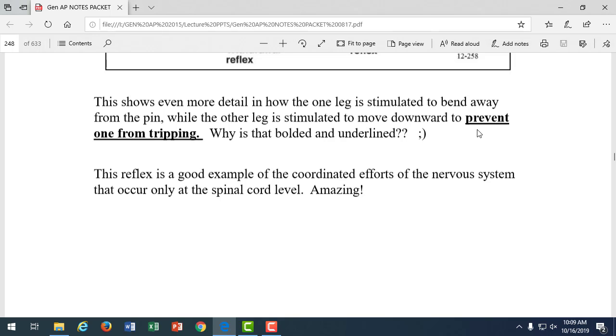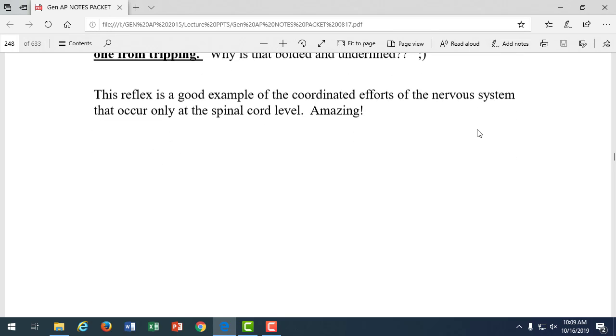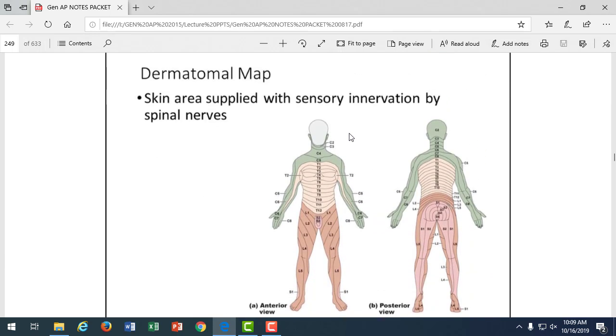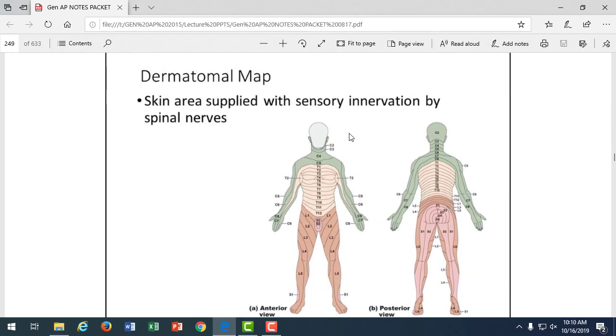Because we can analyze all this stuff and follow the neurons, and be in a graduate level class, but if you don't see the big picture of why we need this reflex, they keep us from tripping. It's pretty amazing, actually, if you think of how well designed we are for this kind of stuff. Oh, look at that, it even said it was amazing. So the last little bit, I think we're going to take a break in the video here, and I'll pick up with the last part in the next